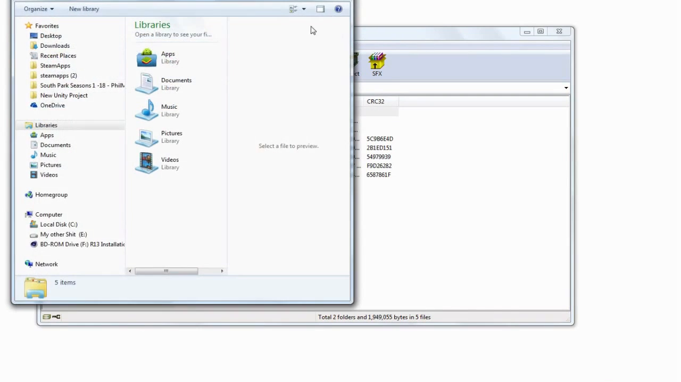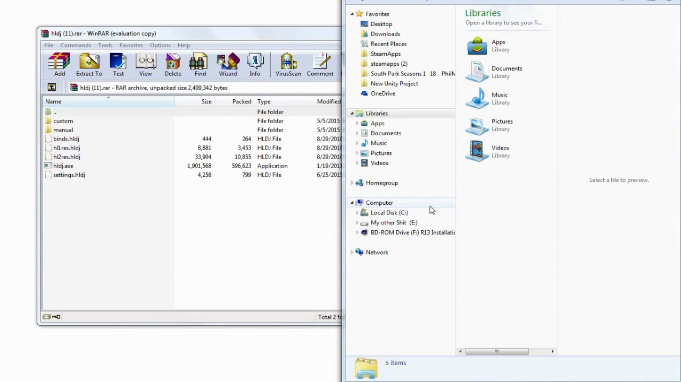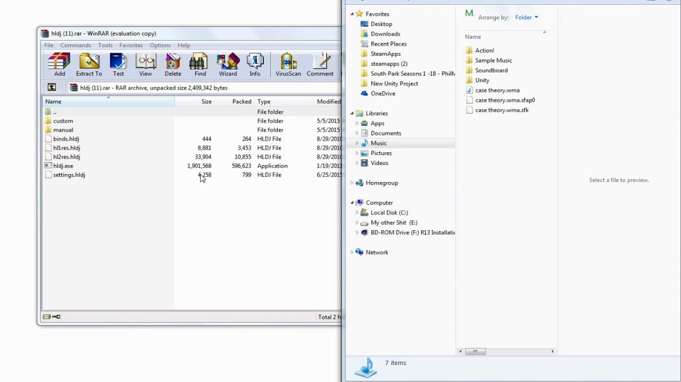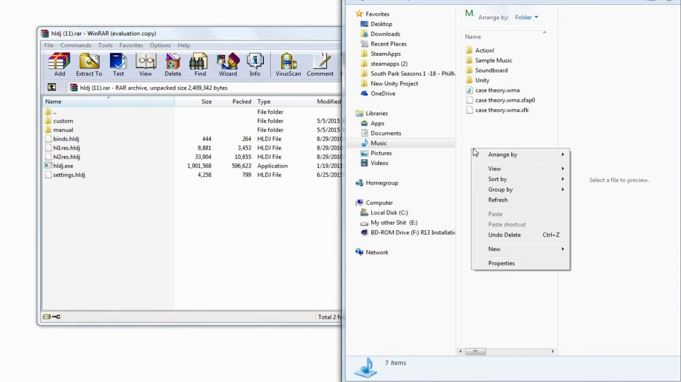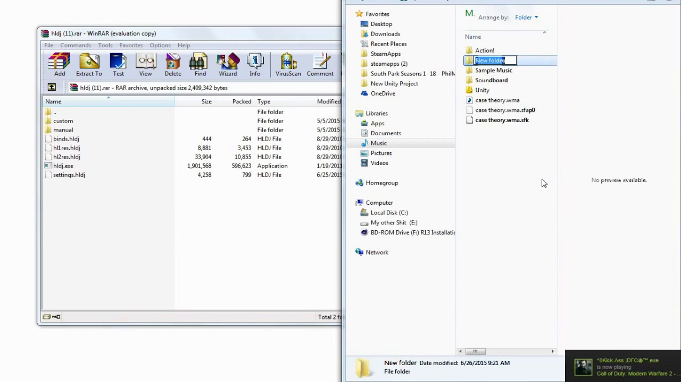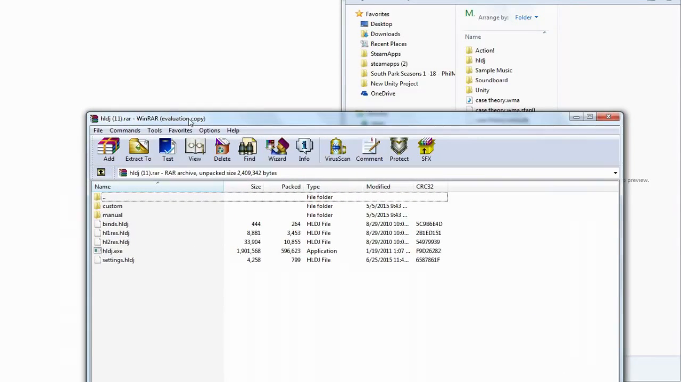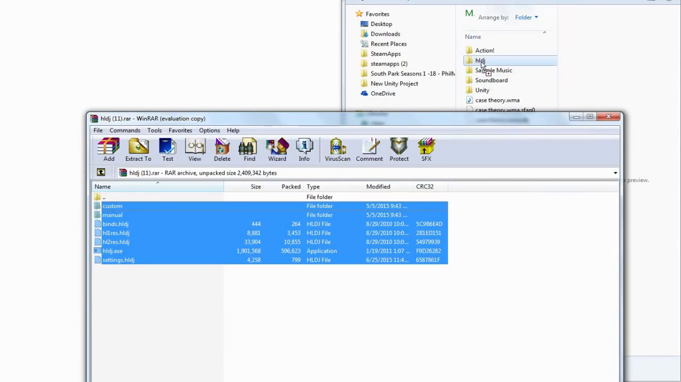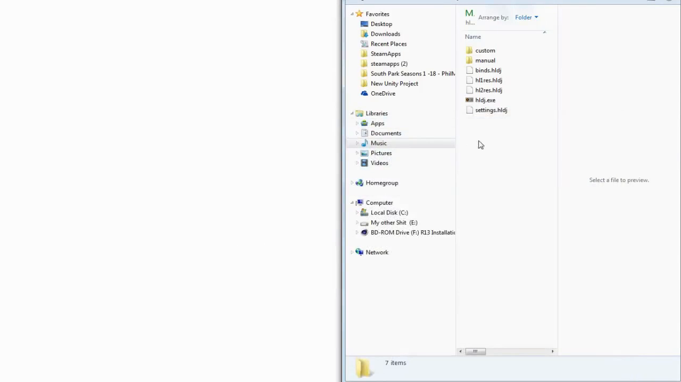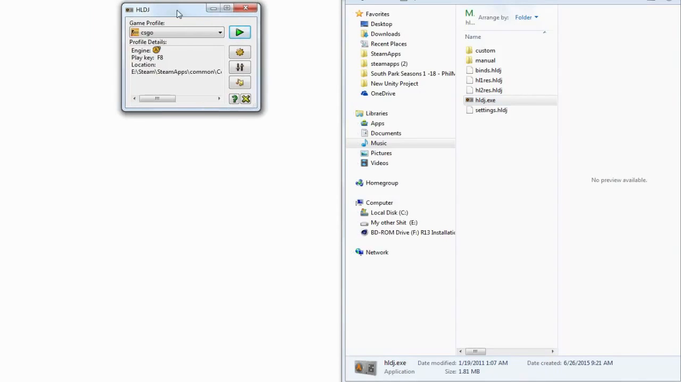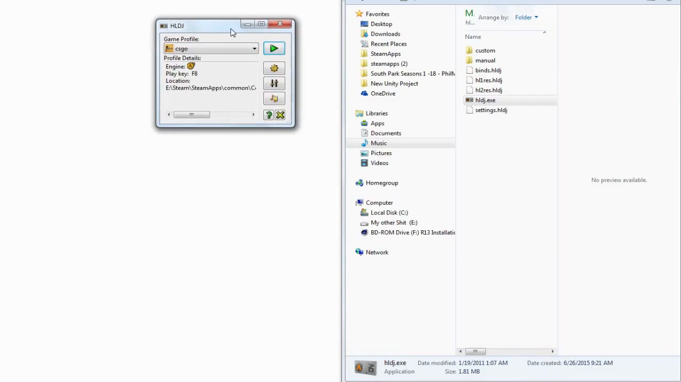Alright, so open up maybe your desktop or something. I'm gonna put it in my music folder. So all you want to do right now is just copy all this. Actually, make a folder somewhere. So folder and HLDj. Alright, now in here you're going to paste everything in here. So drop it down in there. So now all you want to do is open up HLDj.exe, and it should be set up for you already,